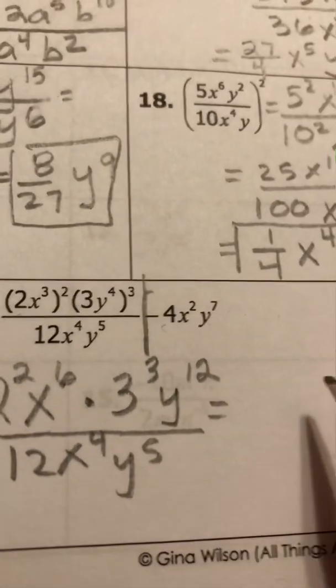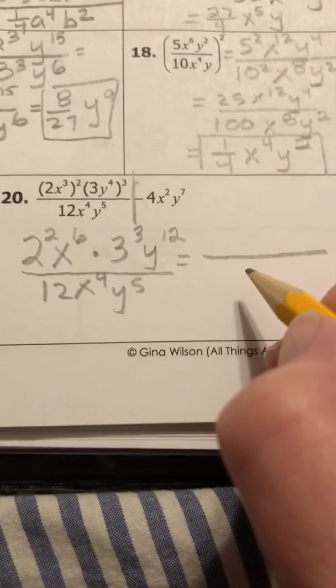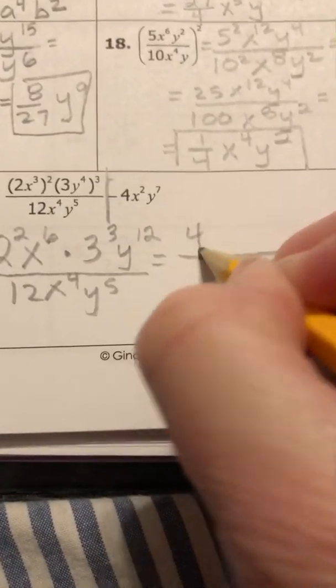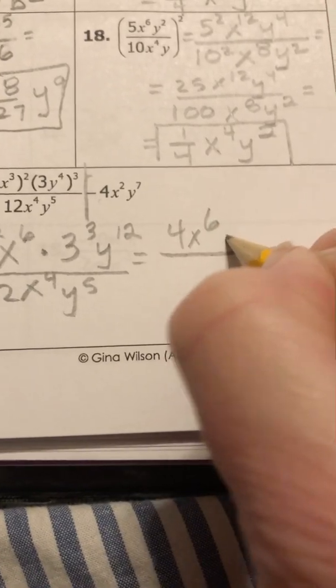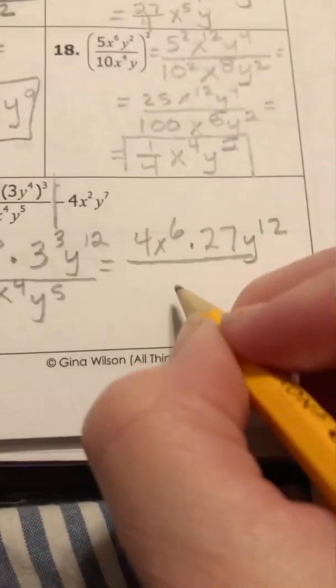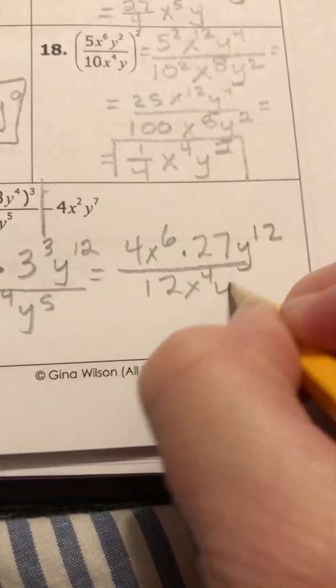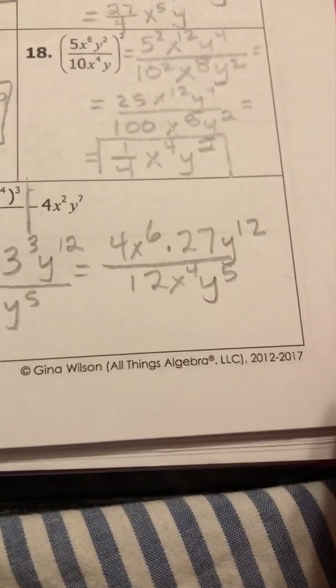And then I'm going to rewrite this over here as 4 x to the 6th times 27 y to the 12th over 12x to the 4th power y to the 5th. Okay,